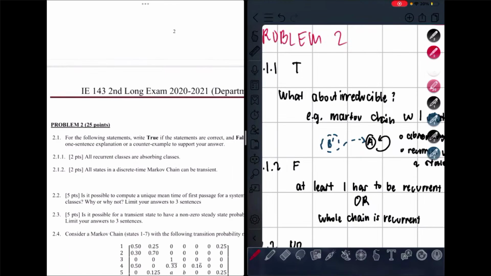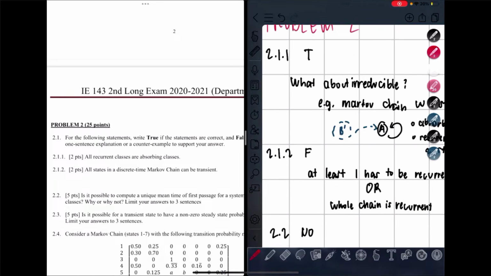I think one other confusing thing is when it comes to states, because not all recurrent states are absorbing states, but all recurrent classes are absorbing classes. So I guess it's just important to take note of that distinction. The second one is